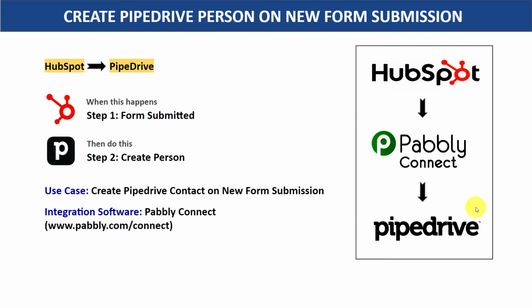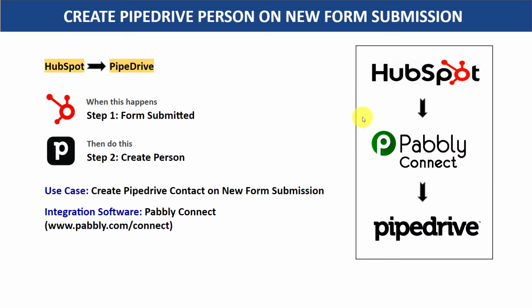So here you have two choices. The first choice is to copy all the details of John from HubSpot, sort it out and manually add him as a person in Pipedrive. Now the problem with this approach is it's actually very repetitive and tiresome. So I would suggest that you bring in some automation so that whenever a new form is submitted in HubSpot, it will automatically create a person in Pipedrive.